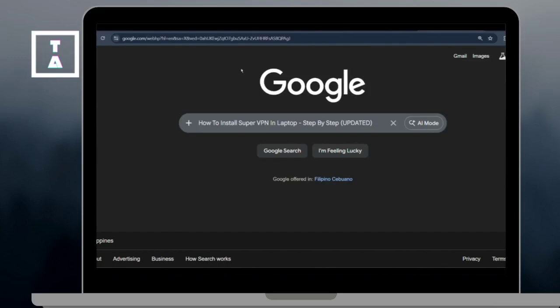Hey everyone, in this guide, I'll show you how to install Super VPN on laptop or PC. Since Super VPN is a mobile app, we'll use an Android emulator to run it on computer. Let's begin. First, open the Google Chrome on your laptop or PC, and here in the search bar, type the